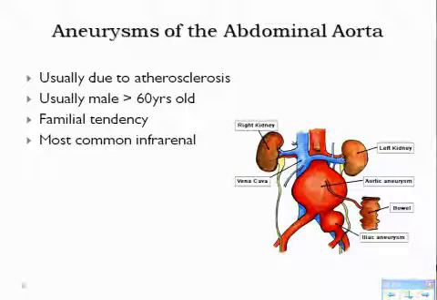Usually aneurysms of the abdominal aorta are due to atherosclerosis. Usually it's found in males who are greater than the age of 60. It has a lot of family tendency. And we think it's also related to their job. If you're sitting down a long time in your job for long hours, you're actually occluding your femoral arteries, and